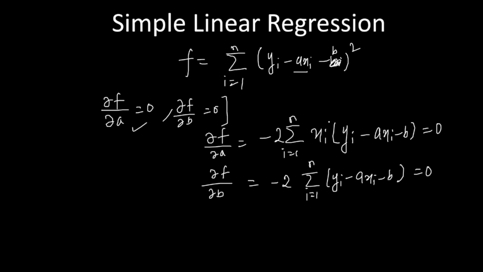This is also equal to 0, right? Okay. So from the second one, let's call this equation 1 and let's call this equation 2. From the second one, what we can do is, let's do it on the left hand side here while we still have space. This minus 2 basically gets cancelled because there is a 0 on the other side. What we get is this summation i equals 1 to n yi, and we can divide the summation